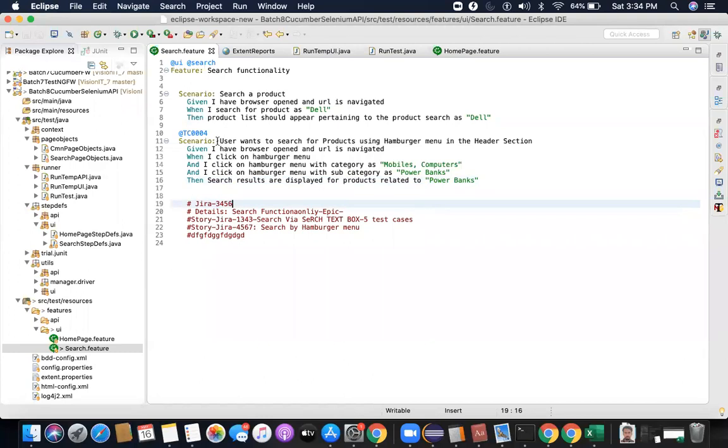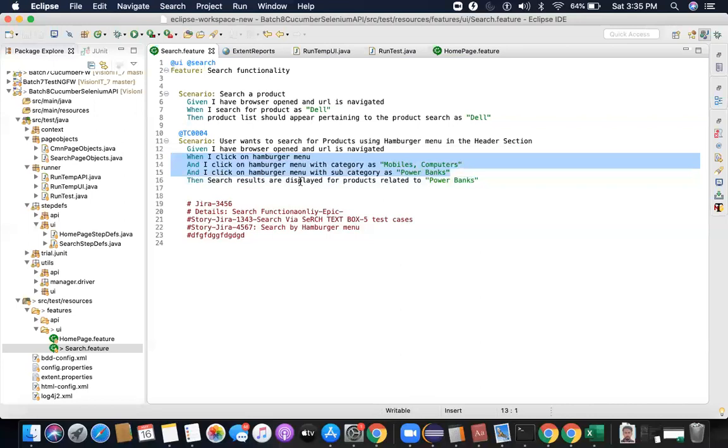The and becomes a when, because that's how I have written it in the step definition. So all these three are actually whens. This becomes my validation, this becomes my prerequisite, and this becomes what I wish to do with it.